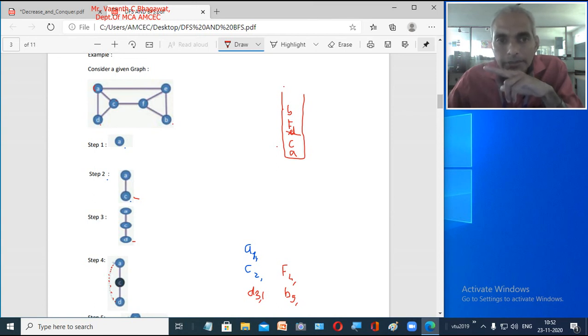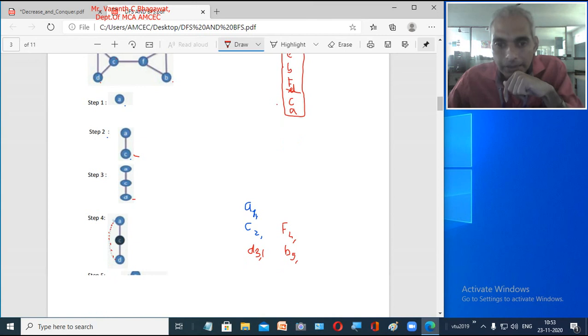Now you can see F is already visited, because F is present in our stack. Now the only leftover node is E. Okay, from B we go to E. So we push E into our stack, that is, we mark E as visited. So after B, the node you are visiting is E. This is the sixth node you are visiting, so we will write it as 6, comma, right?